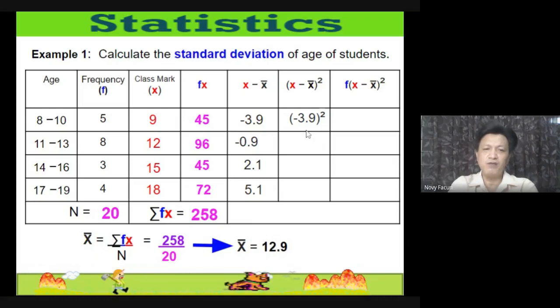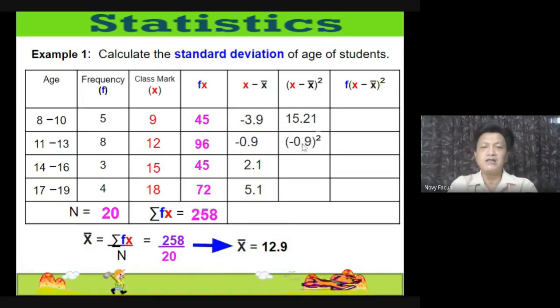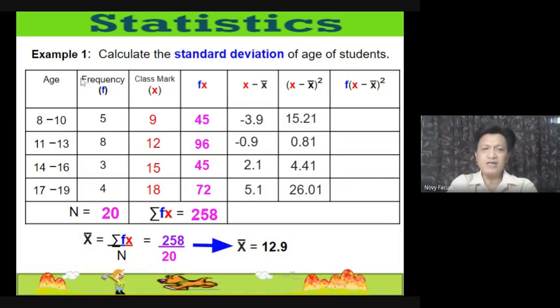Ibig sabihin niya, negative 3.9 times negative 3.9, that is equal to 15.21. Then we have negative 0.9 square, that is equal to 0.81. Then 2.1 square, ibig sabihin ng 2.1 times 2.1, that is equal to 4.41. Then 5.1 square, ibig sabihin ng 5.1 times 5.1, that is equal to 26.01. Okay, kapag nakompleto na natin yan, yung square ng deviation natin, i-multiply lang natin sa frequency para makuha yung last column natin. Kaya nga that is equal to